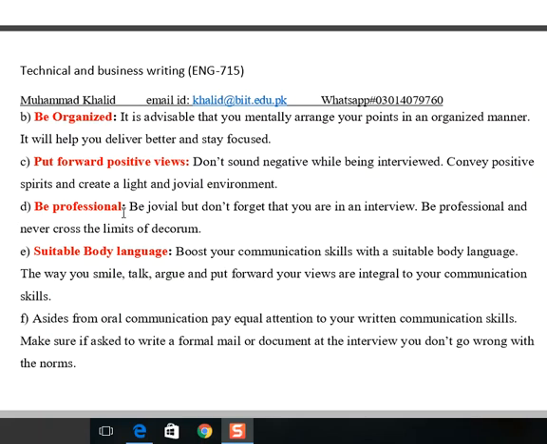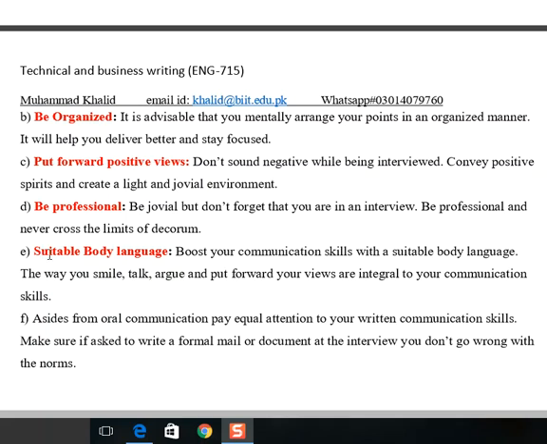Next, be professional. Being professional means do not be overexcited, do not become an acrobat, like a theater person. If during the interview some person gets a bit frank, the frankness is not for you. The frankness is just to unlock the innermost person, so that you may be relaxed and able to give them more chances to get into your personality. Thereby, be professional and never cross the limits of decorum.